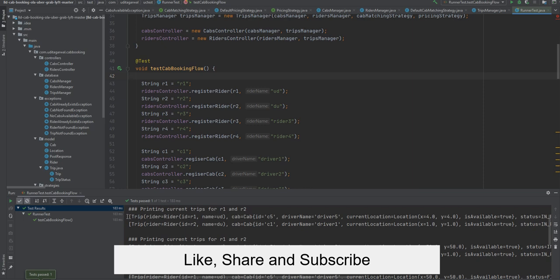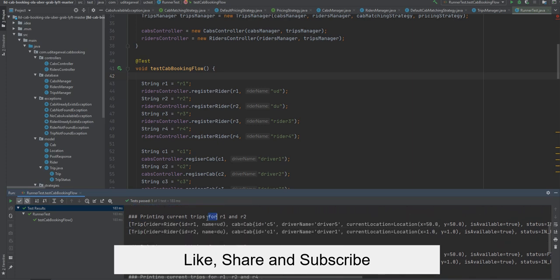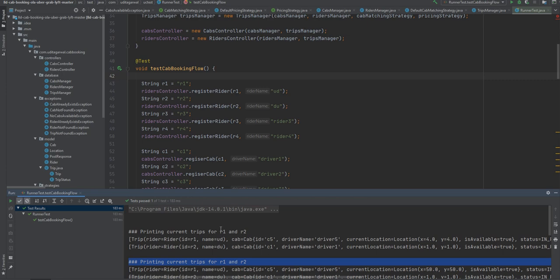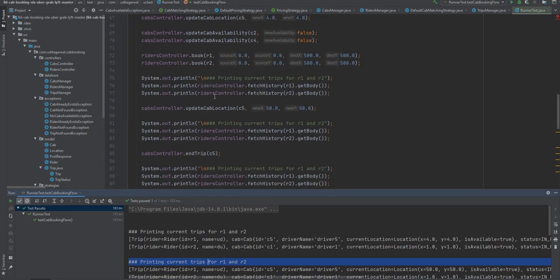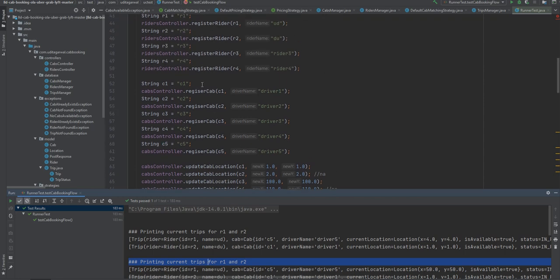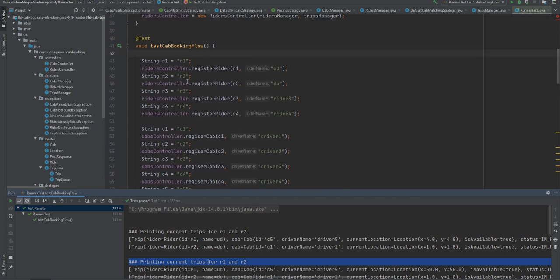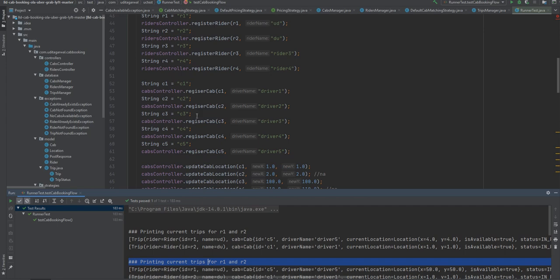So we had defined the toString methods, right? So these are helping over here. First we register rider number 1, rider number 2, then print current trips for rider number 1, rider number 2, those sort of things. If we go through the system once with the output, then we have all the riders registered. There is no output right now.